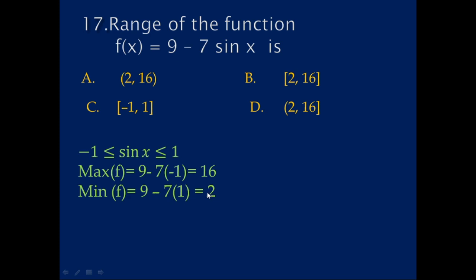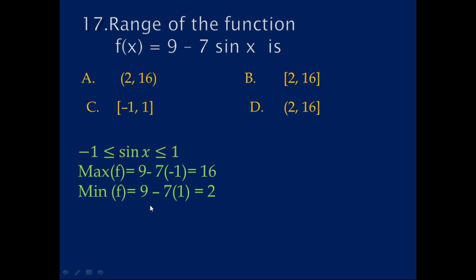And when sin x is maximum, you get the minimum value of the given function f of x. Therefore, the minimum value of this function f of x is equal to 9 minus 7 times sin x, with sin x maximum meaning 1. 9 minus 7, its value is equal to 2. Here sin x belongs to the closed interval minus 1 to plus 1. Here plus 1 and minus 1 are included. Therefore, the range of this function is always the minimum value is 2, 2 is included, and the maximum value is 16. Therefore, the range of this function is the closed interval